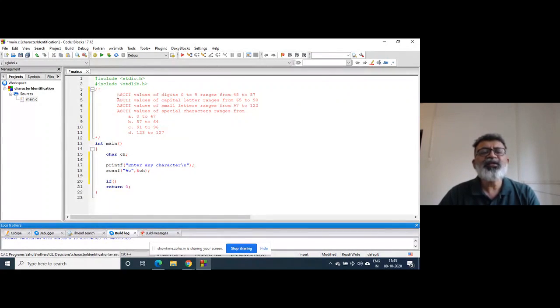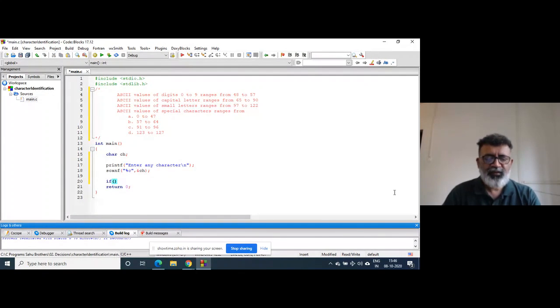So this is basically an algorithm for writing the program. How will you put this algorithm in C code? How will you put this as a condition?